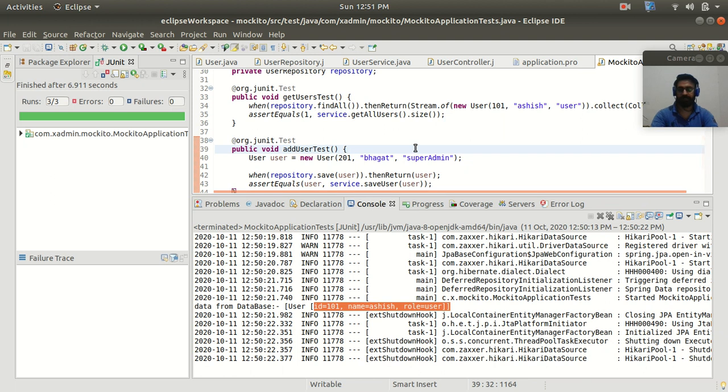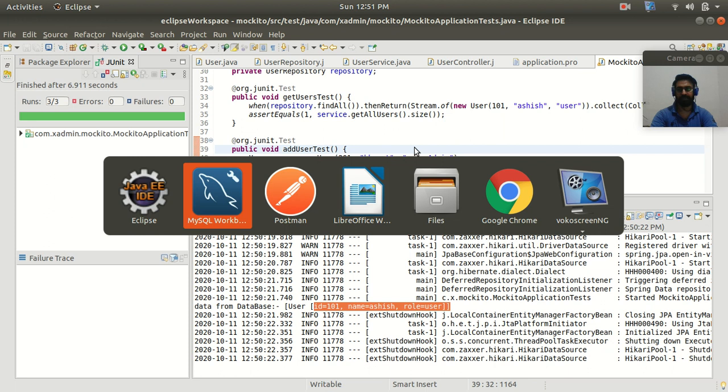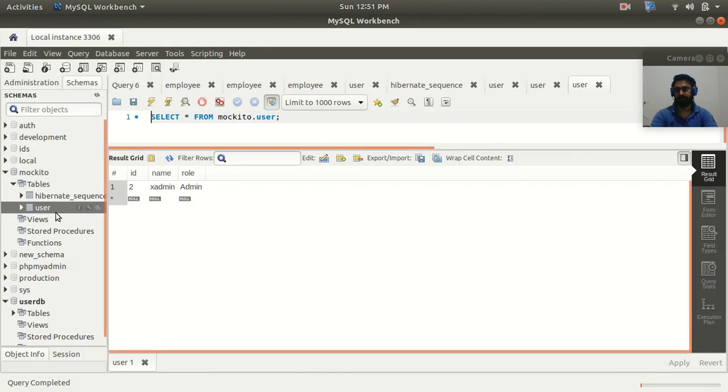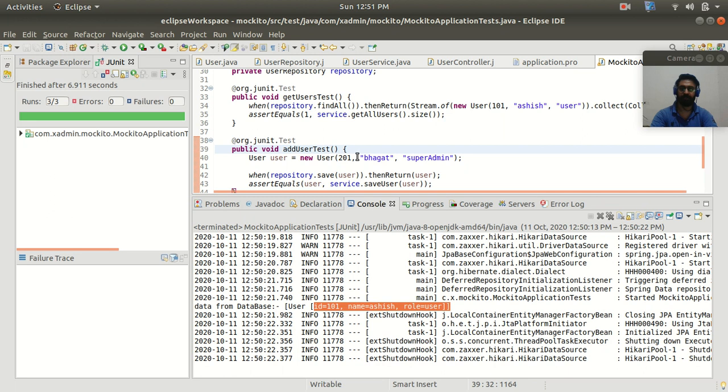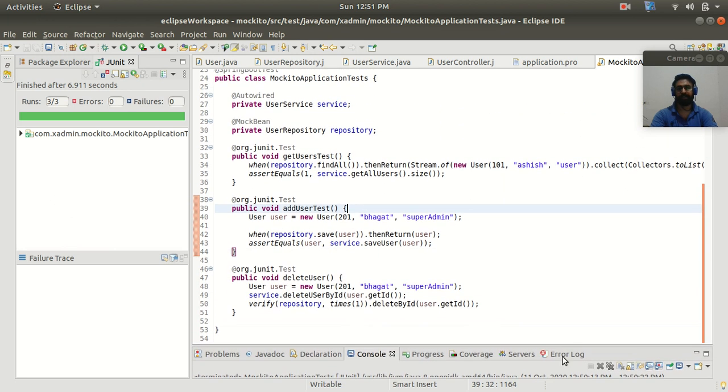If it had hit the database, then this data should be present inside our database also. So let me check it and fetch the users. And you can see that we are still getting only one data here. It means that it is not invoking or hitting our database for test purposes with the help of Mockito. It is just taking the data which we have mocked here, right?